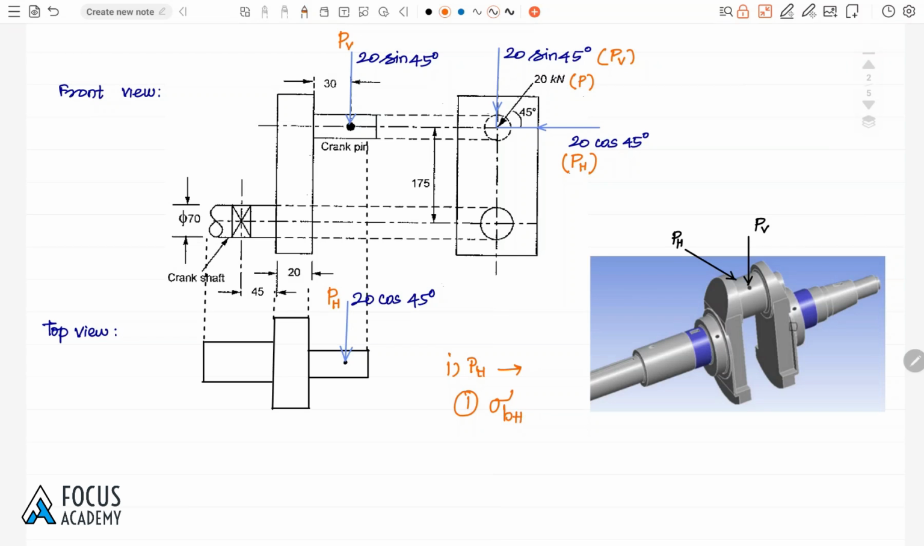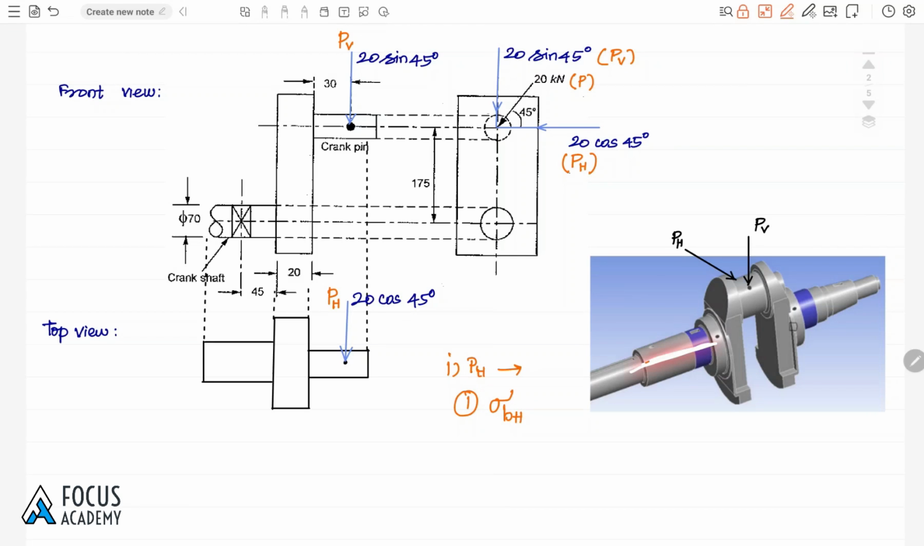So horizontal bending will be there. And in a similar case, if it is a bearing and this one is the crank radius, and a horizontal load is applied, there may be a chance of turning moment also. So due to the horizontal force, there will be horizontal bending, and due to that kind of